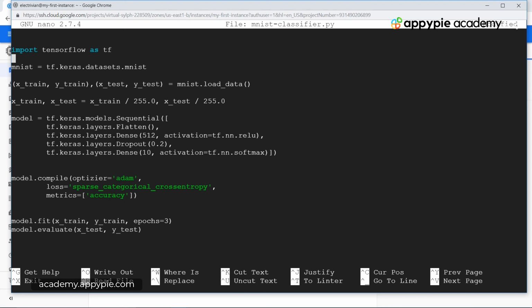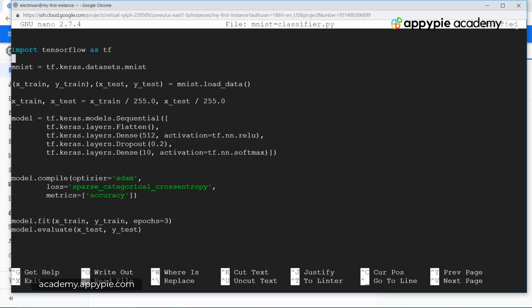Over here it has the dense layer, which is a set of neurons at a particular level, and here we have 512 neurons, and then a particular activation function. An activation function is a function which takes in an input value and then gives you an output value accordingly. Then you have the dropout function, which is just a hidden layer, and then we have the dense function, which is the output layer, which contains 10 neurons for the output of a particular digit.